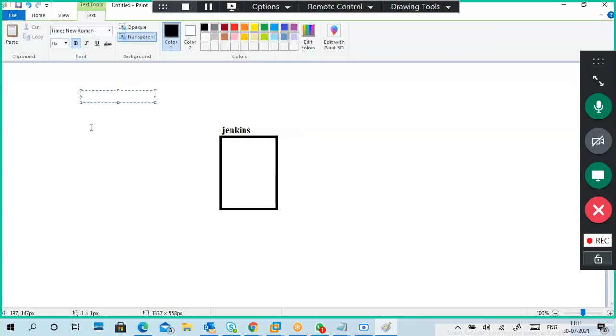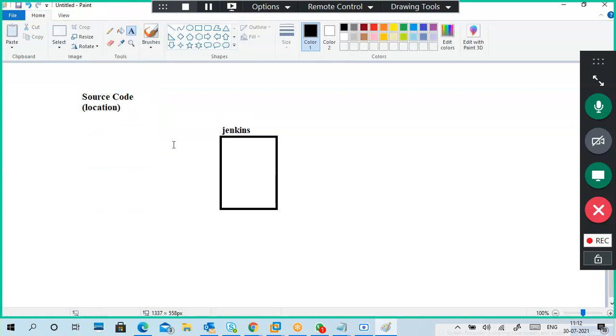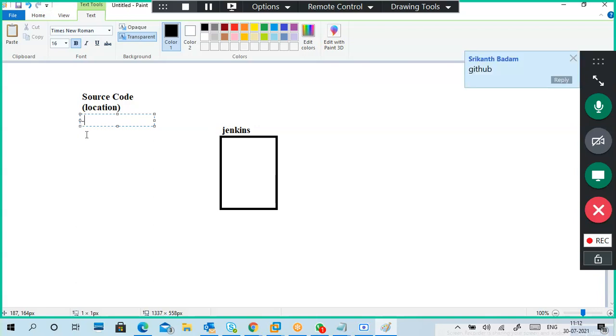Next, this is my source code location. So what is the source code location? Where is your source code? Your source code can be located in, very good, it can be in GitHub or it can be in a local PC, right?